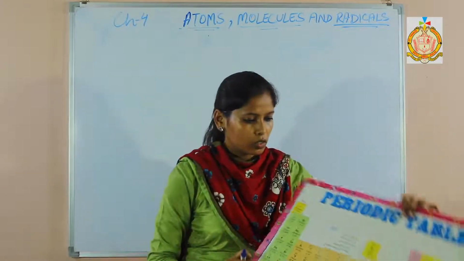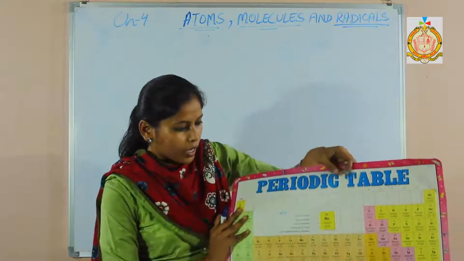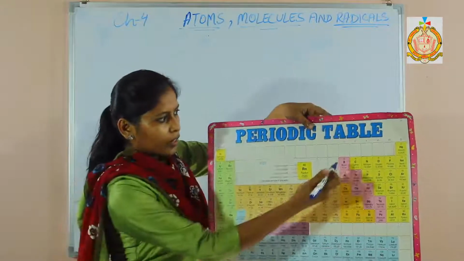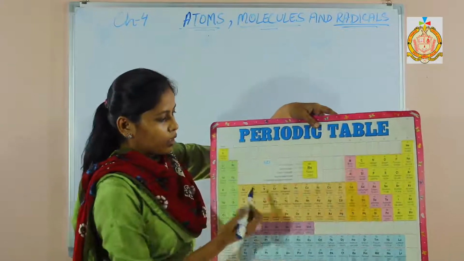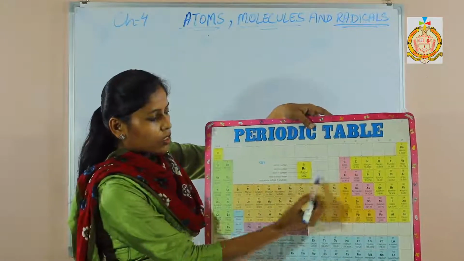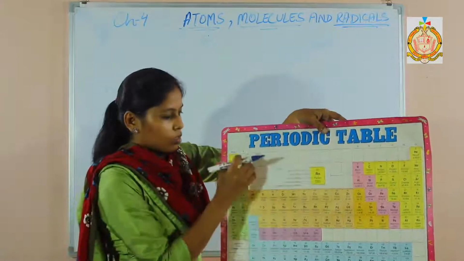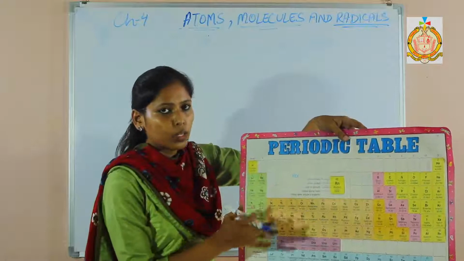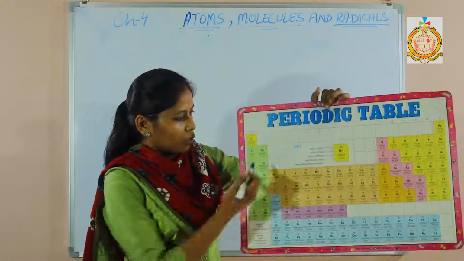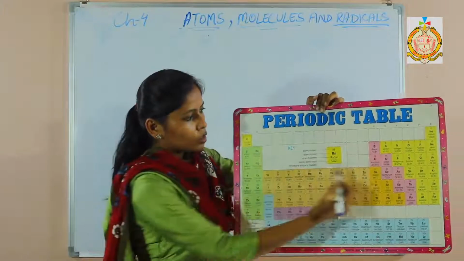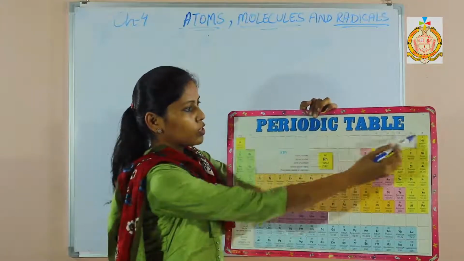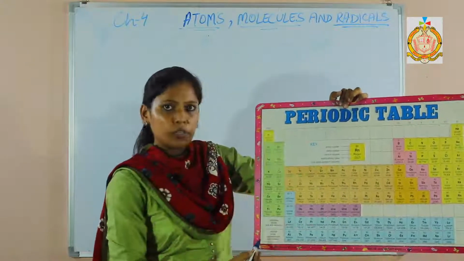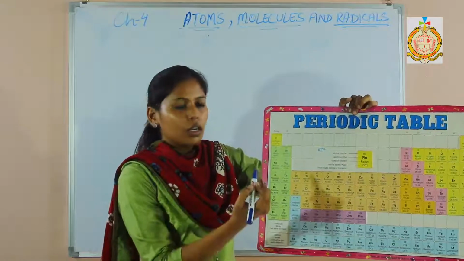So there is the chart, the periodic table. This is called the periodic table chart. In your book, only these first two columns are given, and then 13, 14, this one is given, and this in between is missing. So no need to do this one. So the periodic table is the chart in which elements are arranged according to periodicity. See this one. Now these horizontal rows, like this one first, this one second, are called periods, and vertical columns in the periodic table are called groups.